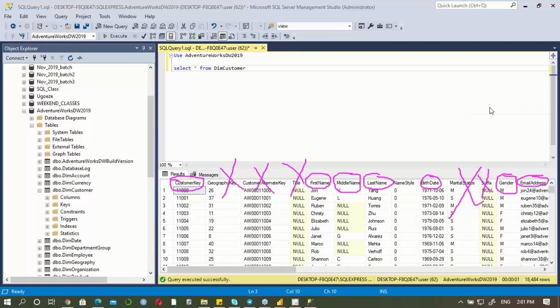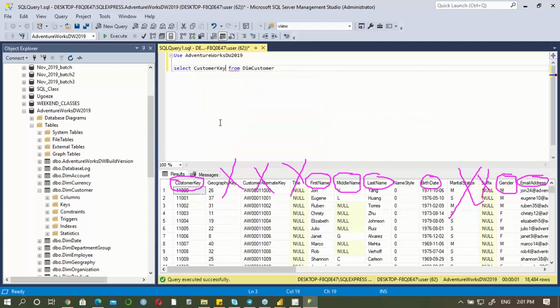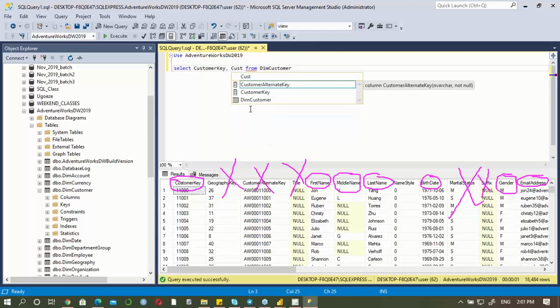all the columns in the database. But what we are going to do now is that instead of importing all the columns from the database, why don't we restrict the information to only the things we want? So let me do select this time. Instead of selecting star, which is saying select everything from the database, now let me say I'm selecting customer key, which is this, comma, customer